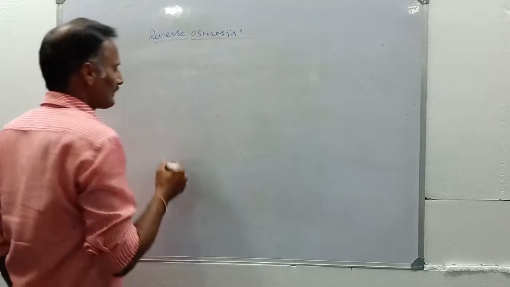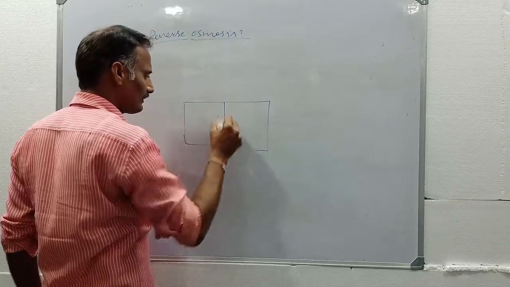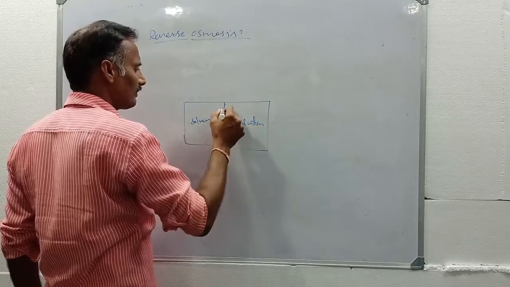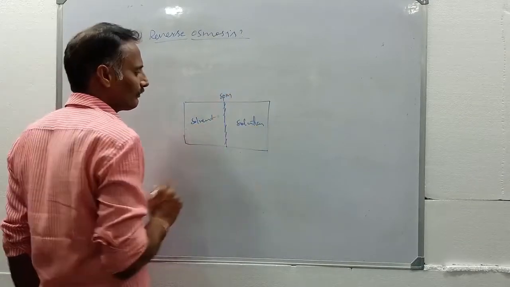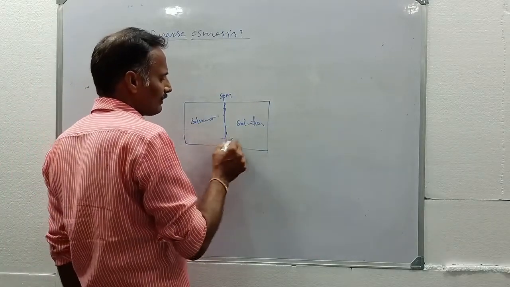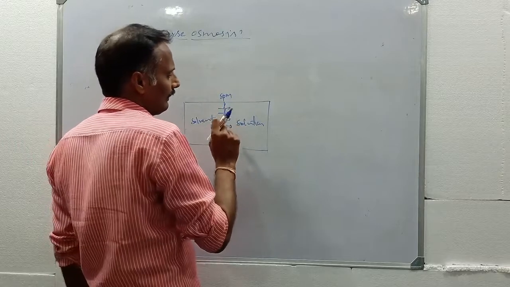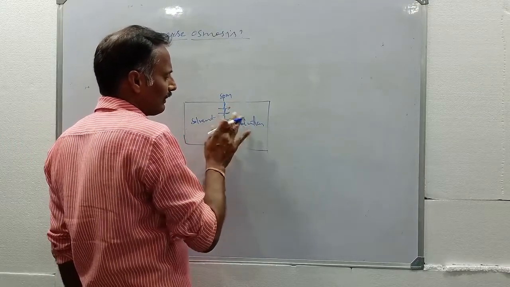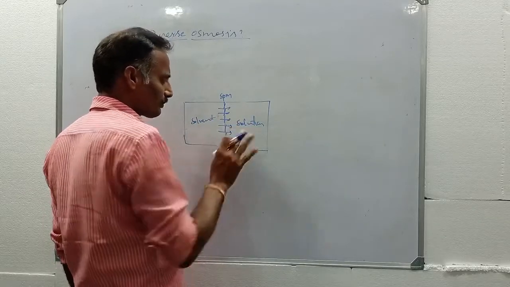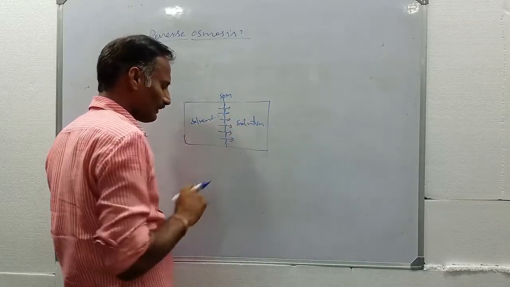What is reverse osmosis? For example, we already discussed that if you have these two solutions, this is called solvent, and this is called solution. If you have two compartments separated by a semi-permeable membrane, then generally during osmosis, what happens? Solvent molecules move from the solvent to the solution compartment, and the pressure required to stop the flow of solvent molecules into the solution is called osmotic pressure. This is osmosis: solvent molecules move from the solvent to the solution, or from low concentration to high concentration.